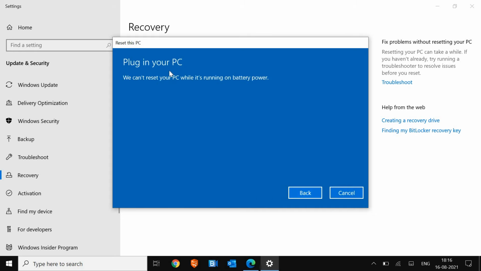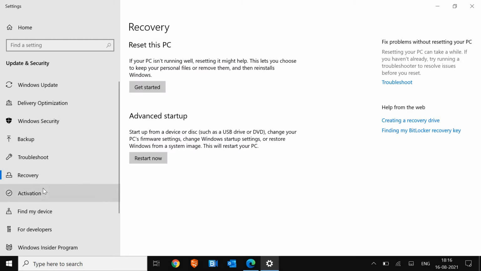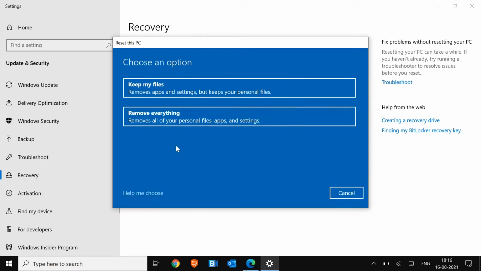Plug in your PC. Since this computer is not plugged in with the battery charger, you need to plug in that charger and then you just need to click on next. It will restart several times and it will install a fresh copy of Windows. So I'll move to the next one, which is, I'll just click on this Recovery again and Get Started, and